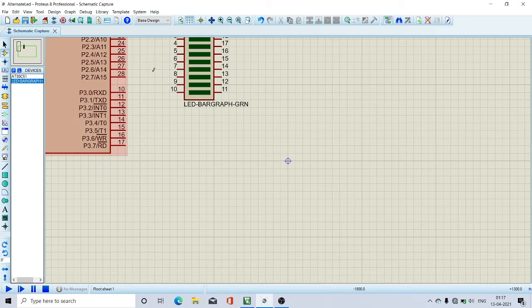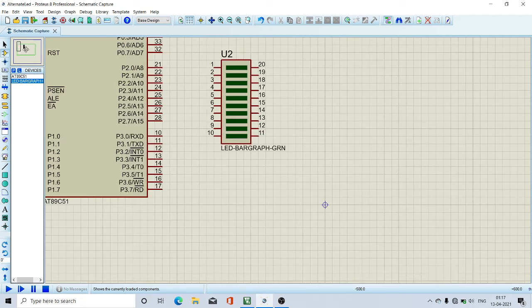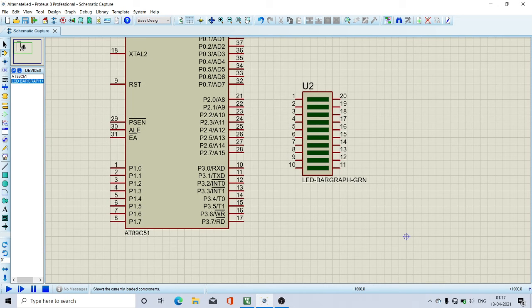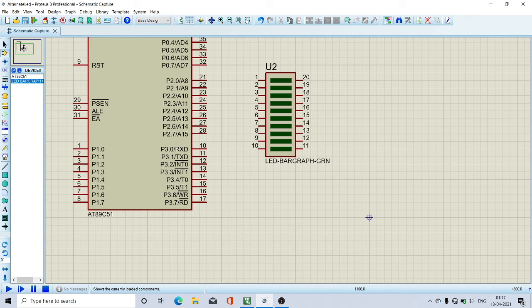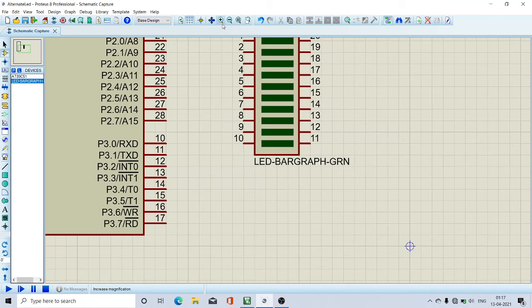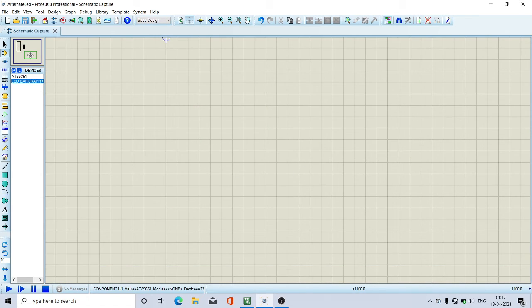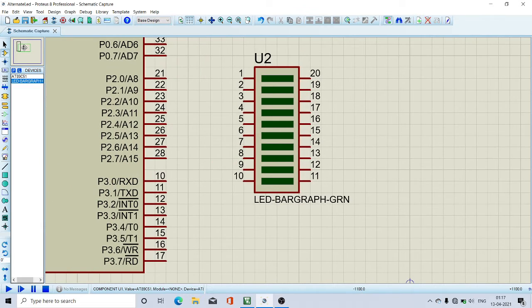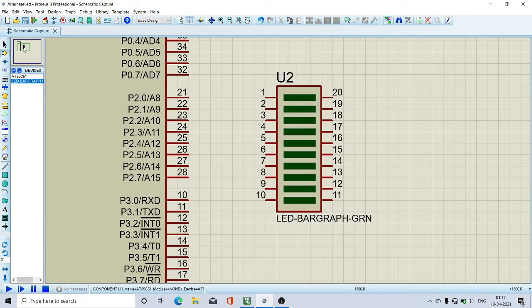If I want to make any movement here and maximize, this is how I do it. For your clear observability, I am making this movement. Now making the connections.